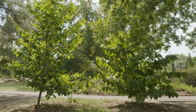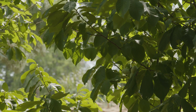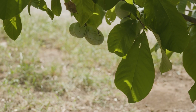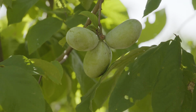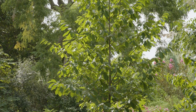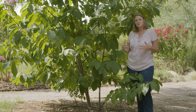So a little bit about the background on pawpaw: the pawpaw is a native fruiting tree that's native all the way from Florida over to Texas, all the way up into New York and even into southern Ontario. Being a tree that's hardy to zone 5 and likes acidic soil, it actually does really well in eastern Oklahoma specifically. It tends to want to grow in shaded areas because as a young tree, it likes to be in that understory